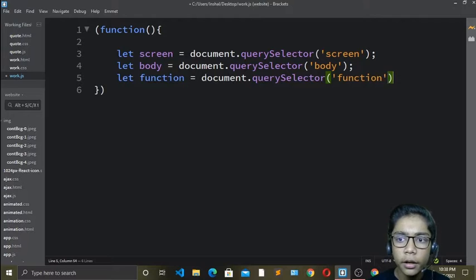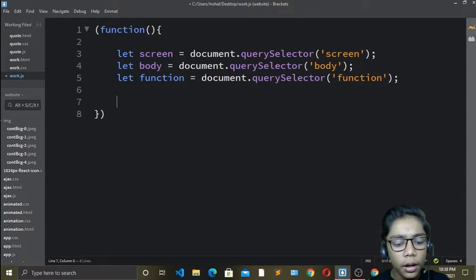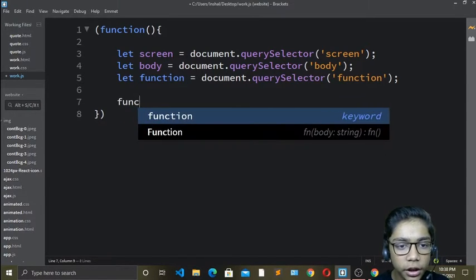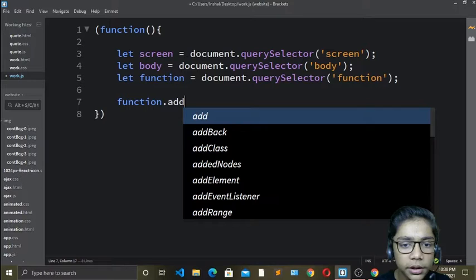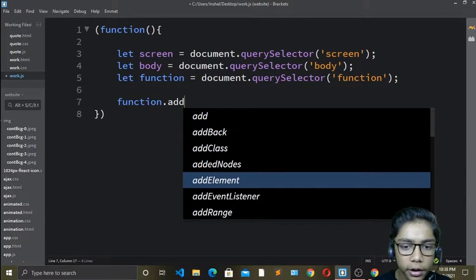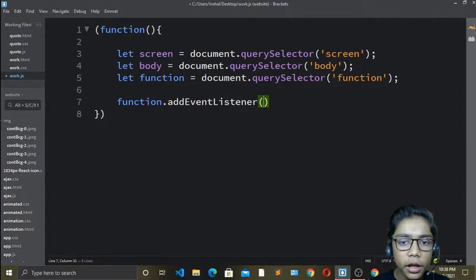Just when you've done that, come over here, and here you have to write like body. Okay, so first of all you have to come over here, and here you have to write another thing which is called function dot add event listener. Okay, so I will write first of all, here it is add event listener, and here you have to come and write over here on click, and with that I will write my function.